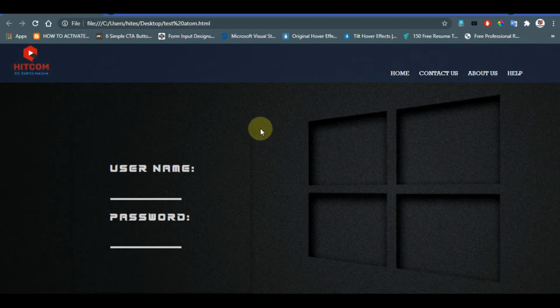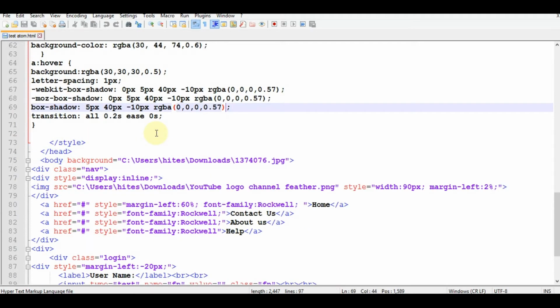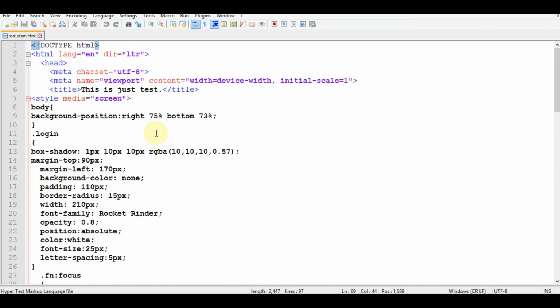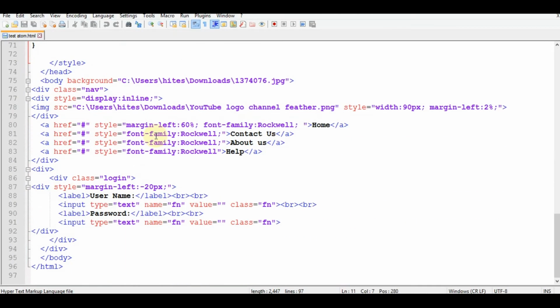Hello everyone. In the last lecture we saw that I created a login page, but I only showed you the source code. I did not explain anything in it. I just showed you how it can be written and how it can be run. But in this video I will explain what I did and what the effects of every piece of code I have written here are.